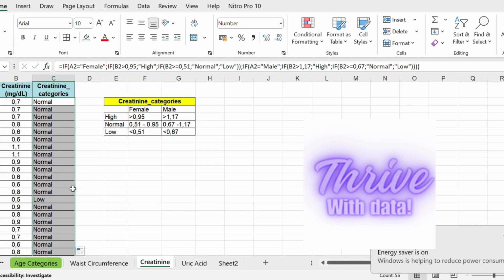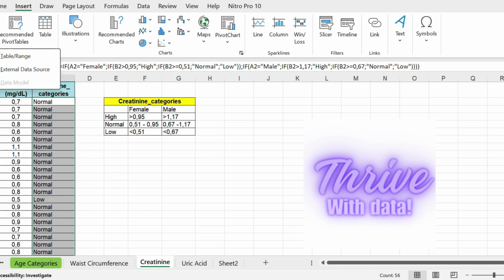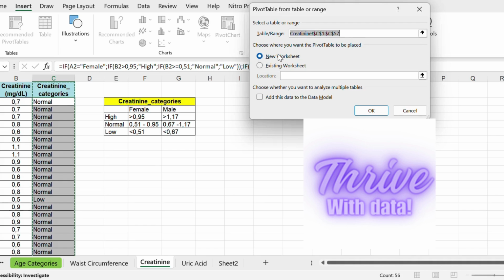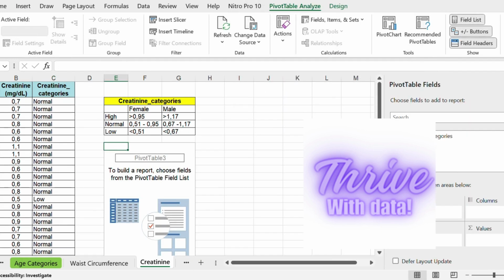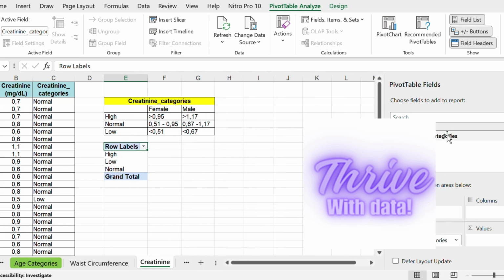Now that we have categorized the creatinine levels, let's analyze how many people fall into each category. The easiest way, pivot table. We select the C column and then go to insert and choose the pivot table and click the from table range. And we fill the blank for the table for column C and then we choose existing worksheet to place the pivot table and click here. And then we click OK